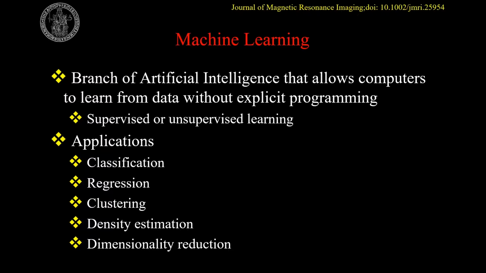Machine learning is a branch of artificial intelligence dealing with the ability of computers to learn from datasets without explicit programming. The learning process can be supervised when data instances are divided into classes that are known to the machine learning algorithm, or unsupervised when no prior classes are given, leaving the algorithm to autonomously classify the data. While it has numerous applications, it is mostly used in medical imaging to solve classification problems, as was the case